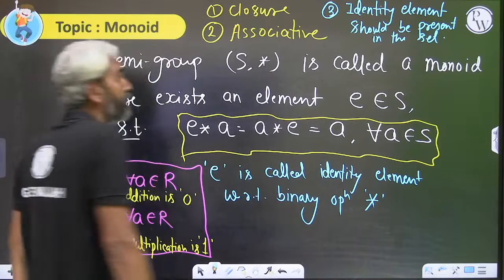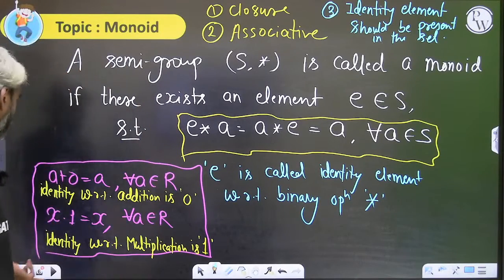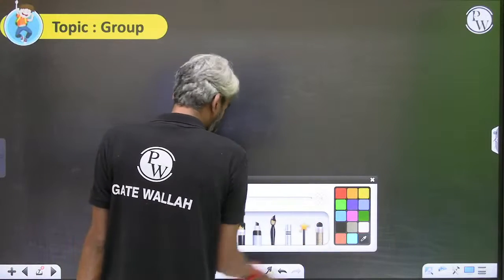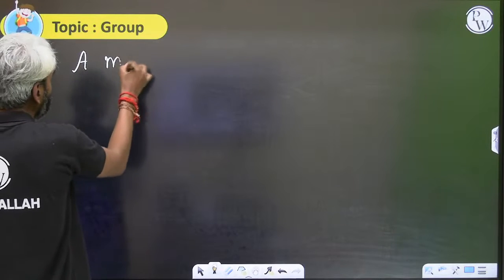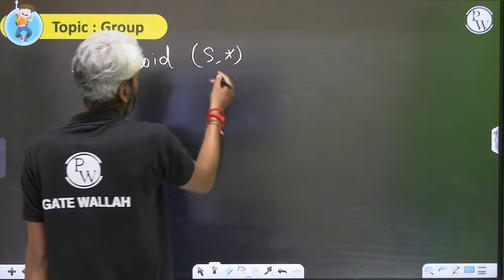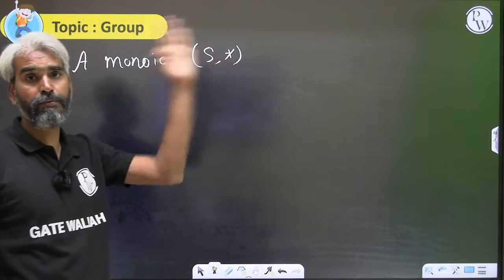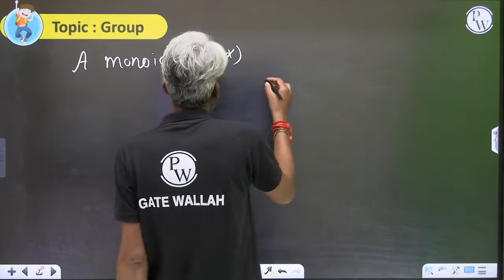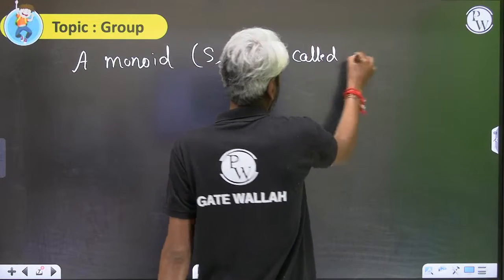Okay, so if you have reached up to monoid, then the next definition will be the definition of the group. Before becoming a group, your set with respect to the binary operation must be a monoid. So the moment we say monoid S comma asterisk, three properties are already satisfied: closure property, associativity property, and identity property. A monoid S comma asterisk is called a group